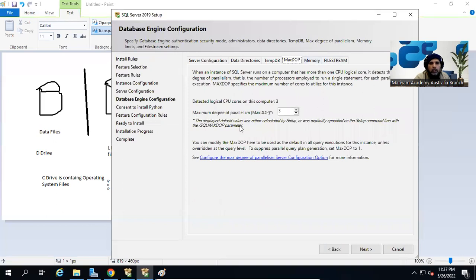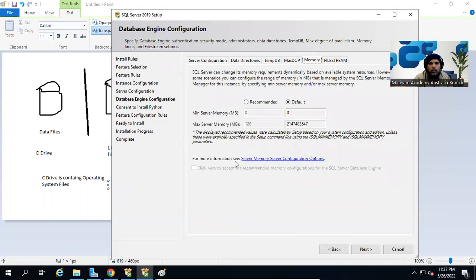Next up, these are the default values. Degree of parallelism we are not using in this instance. We'll keep it the minimum. Minimum we can stick with 0, but here is the most important value that most of the time people ignore,